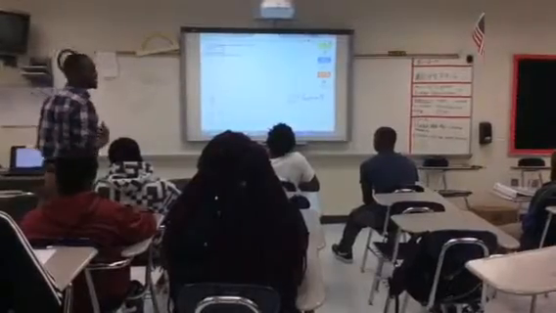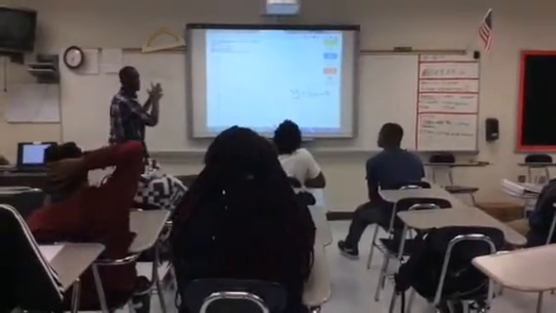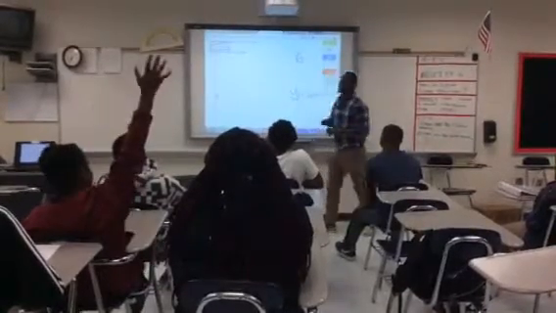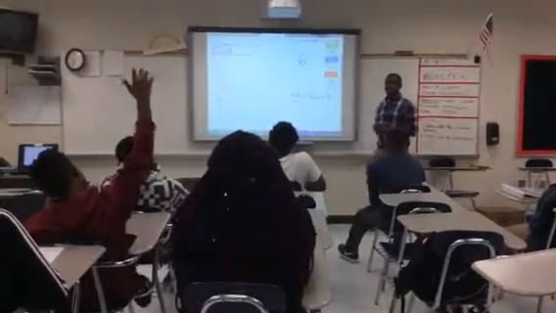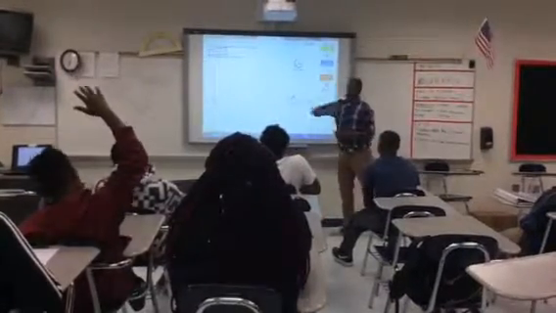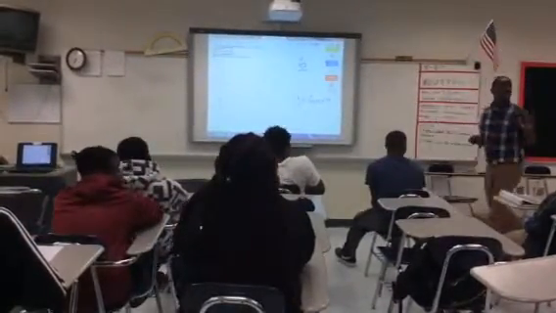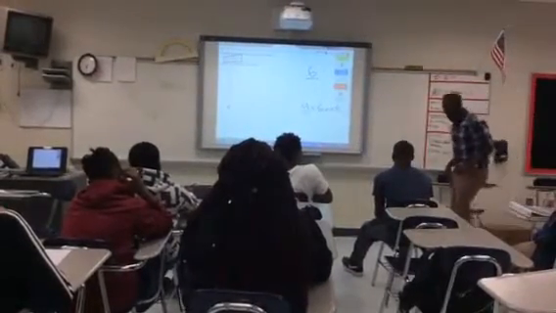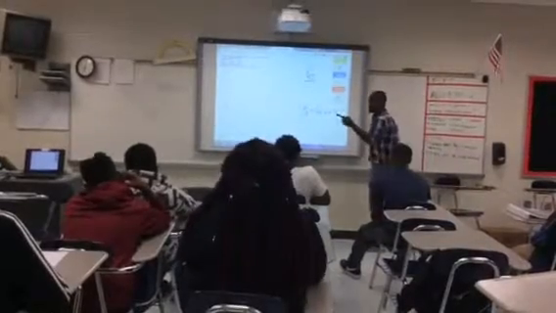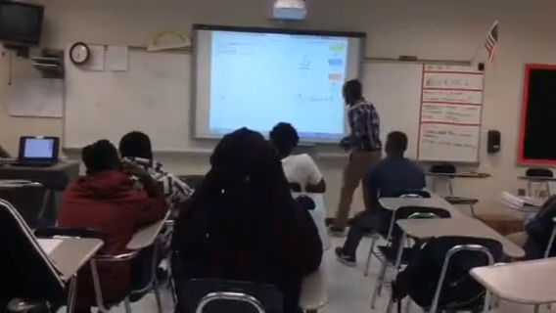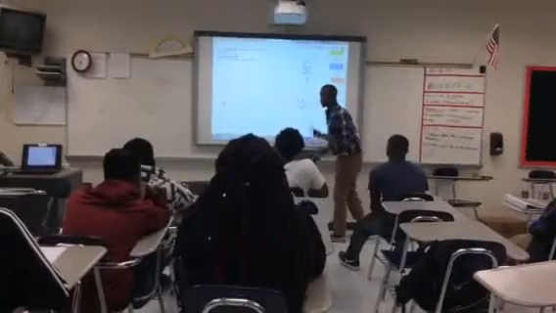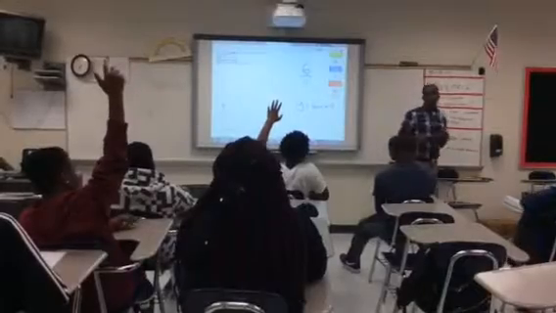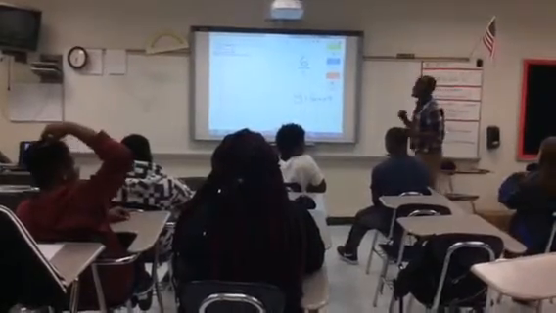How do we want to write that 6? If you remember back from the previous lesson, how do I want to write that 6? As a what? Mr. Walker? I want to write that 6 as a what? As a fraction. So how do I write 6 as a fraction? 6 over 1. I'm looking for 2 R words right here for my numerator and denominator. Good job for hands. Go ahead, Alyssa. Rise